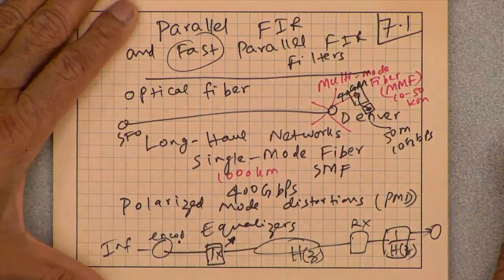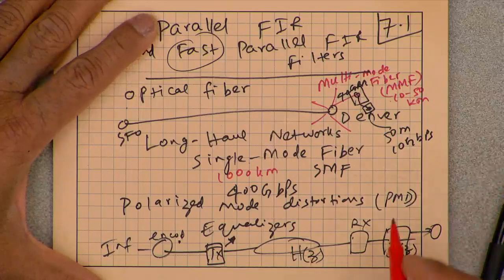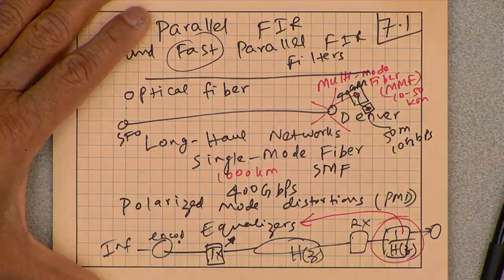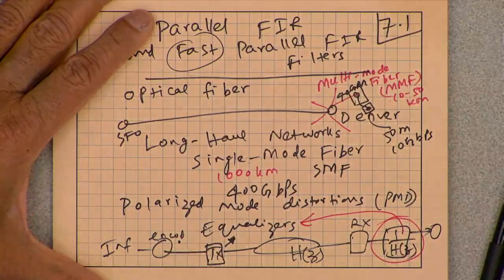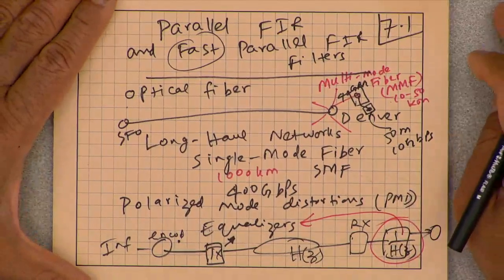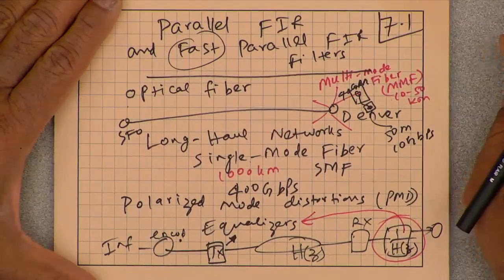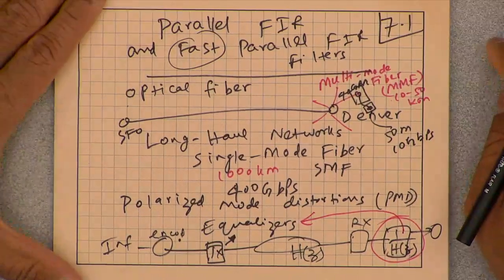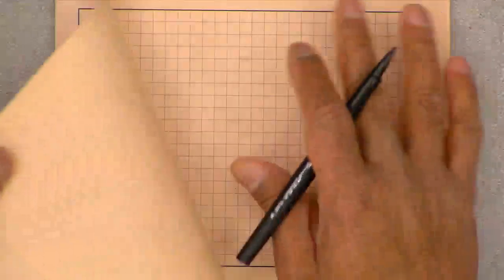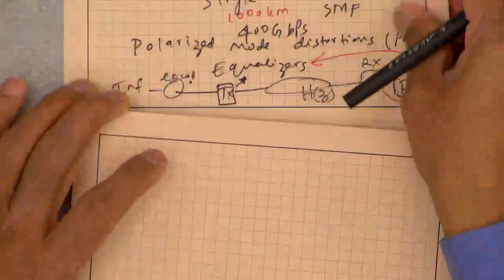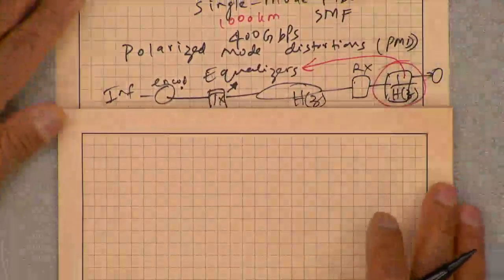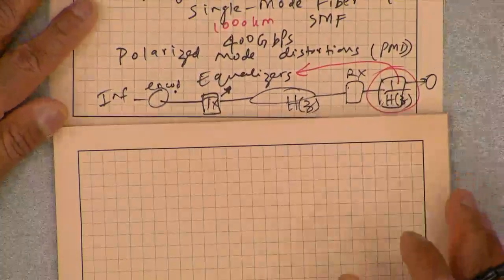It so happens that these equalizers that are undoing these operations are sometimes very long filters. These could be 100 taps, and particularly in satellite communications they are very long, like thousands of taps, thousands of coefficients. And so many times we are interested in parallel filtering for a variety of reasons.